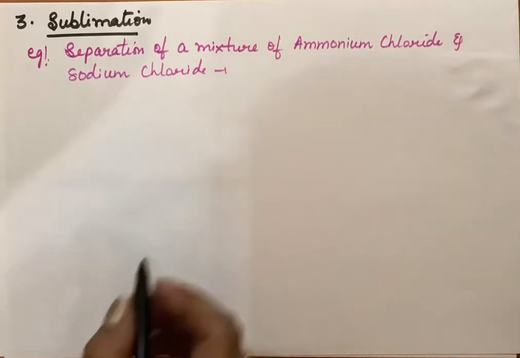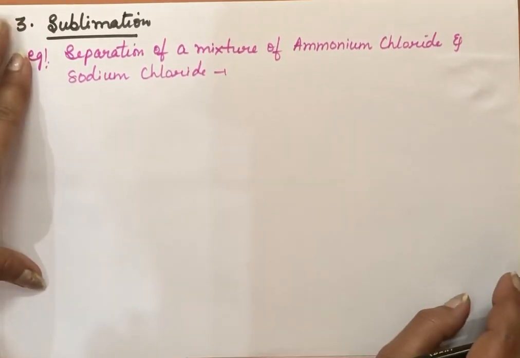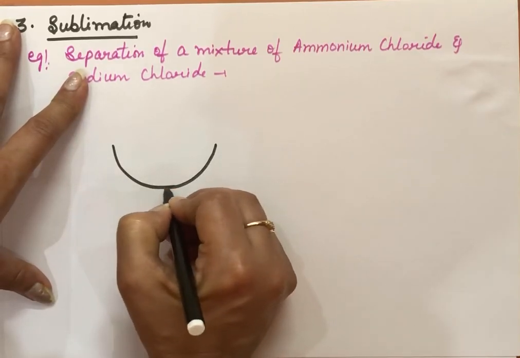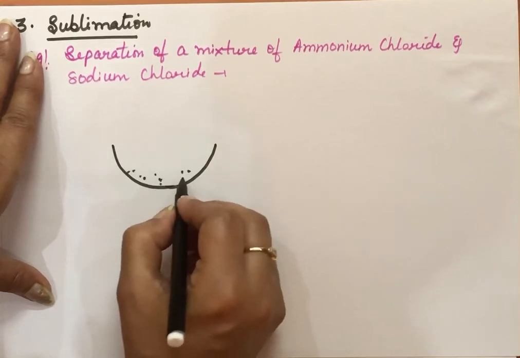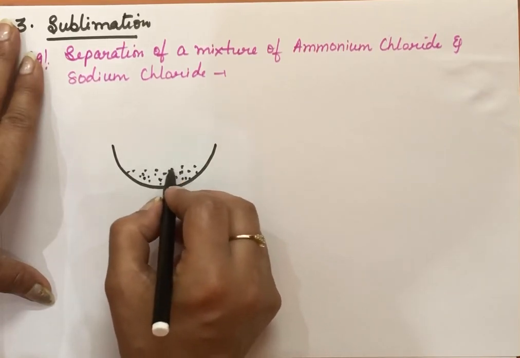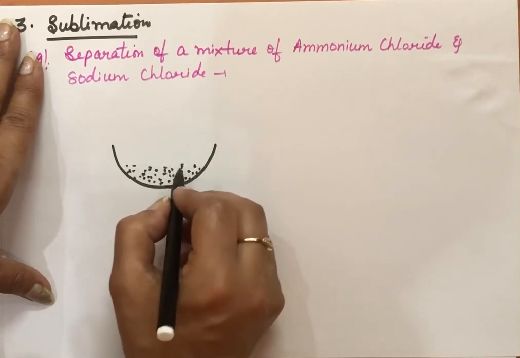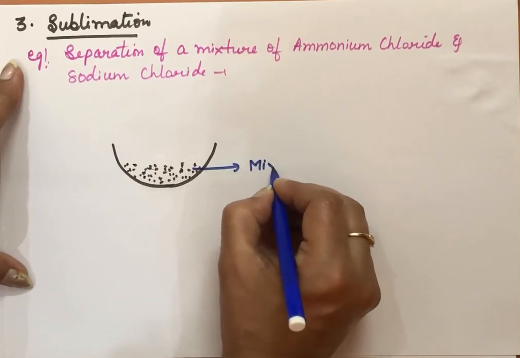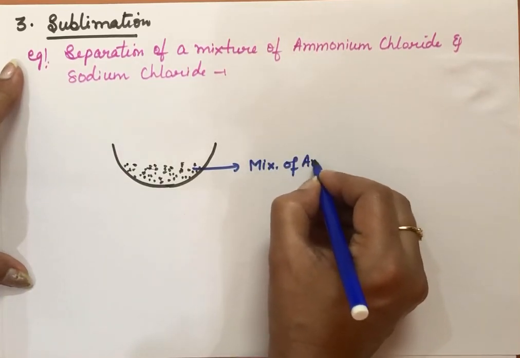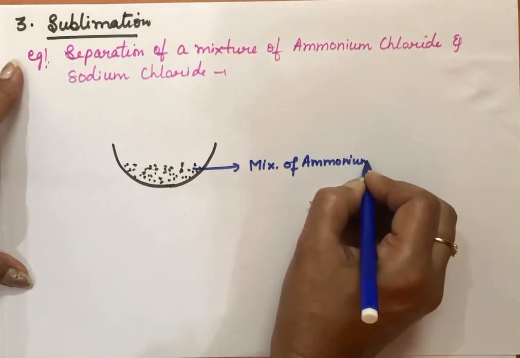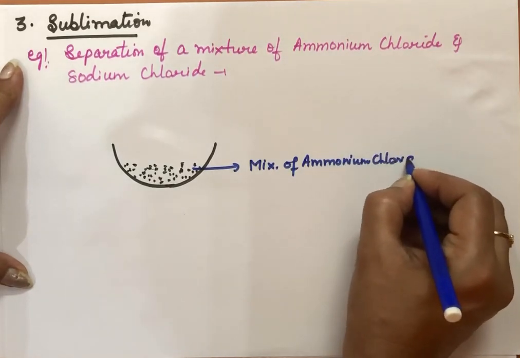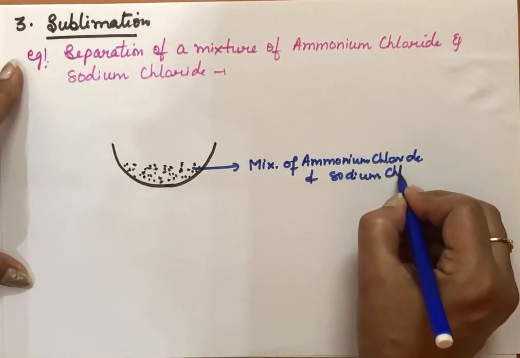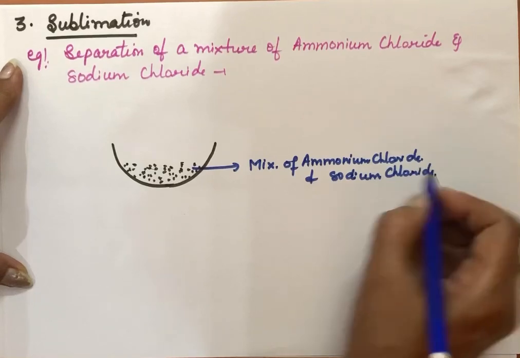In this technique, what we do is we take a china dish. This is a china dish, and in this china dish we'll take the mixture of ammonium chloride and sodium chloride. Both these are white color salts, so this is just a mixture of ammonium chloride and sodium chloride. And then we have to cover this china dish